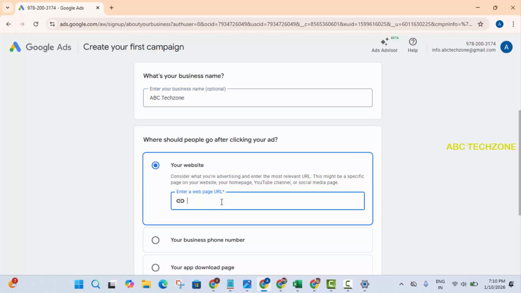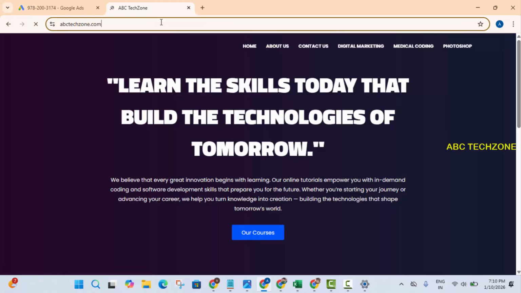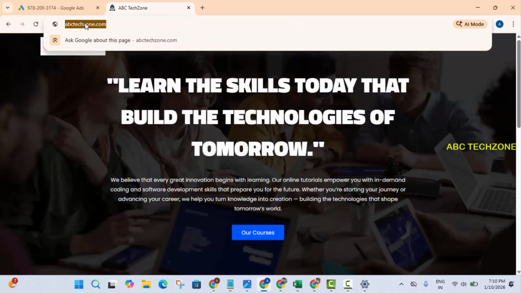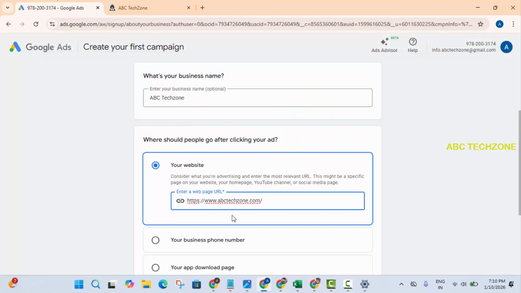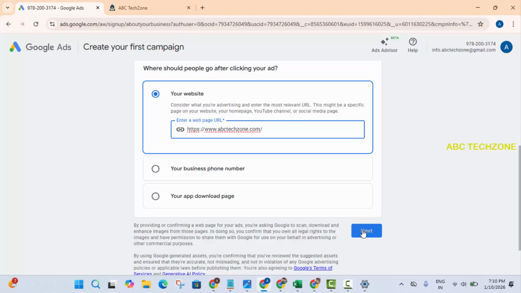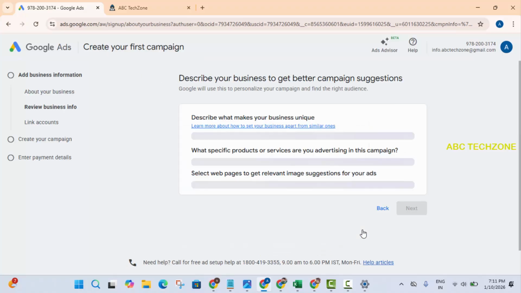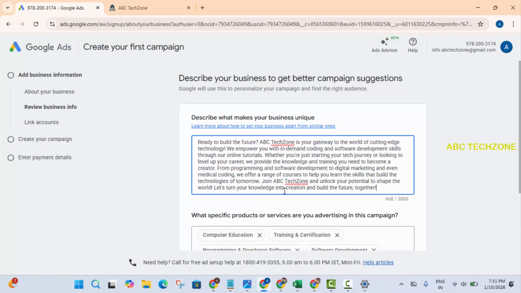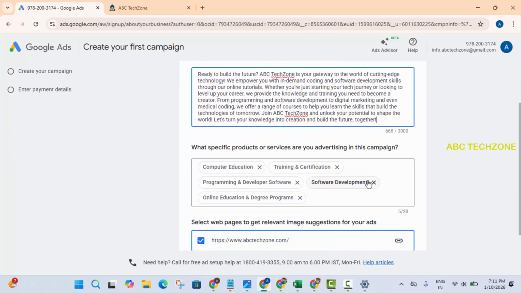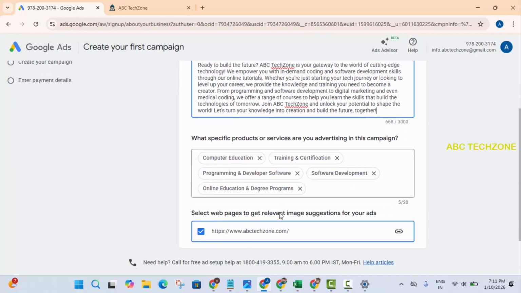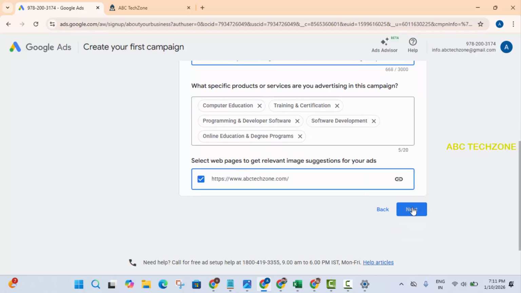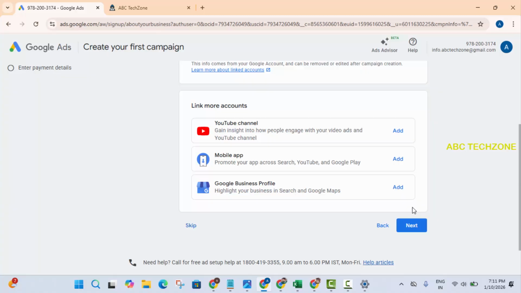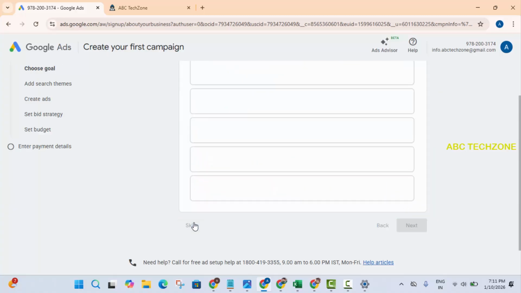Okay, now I want to give my website URL. So this is my website URL. I am pasting it here. Then afterwards clicking on next. So automatically it's taking some information, according to my website. Then click on next. Just I am clicking on skip button,